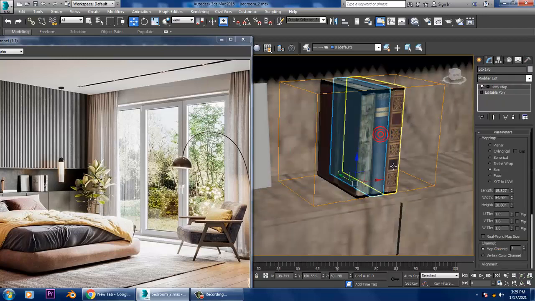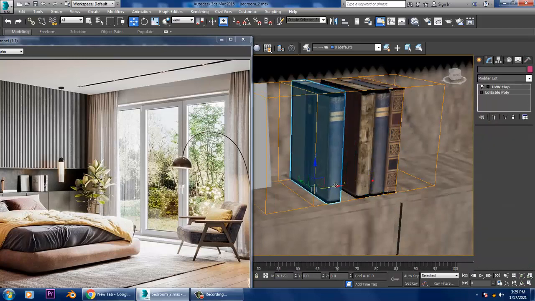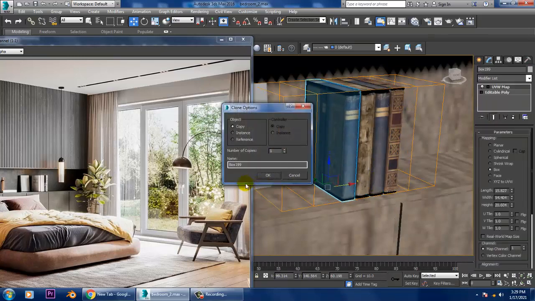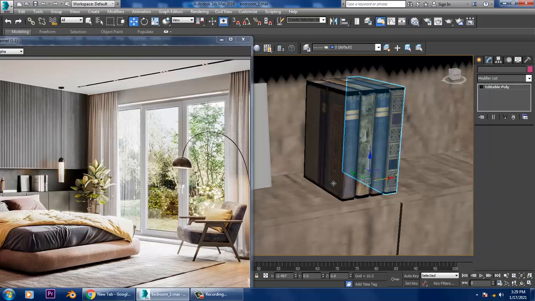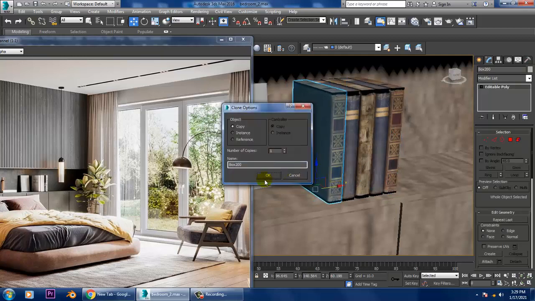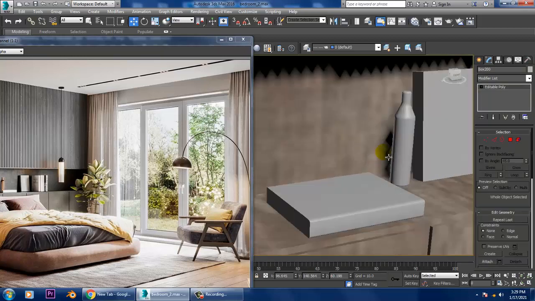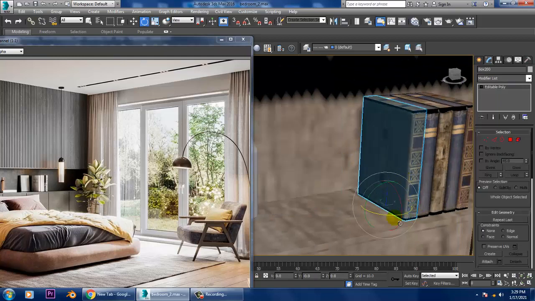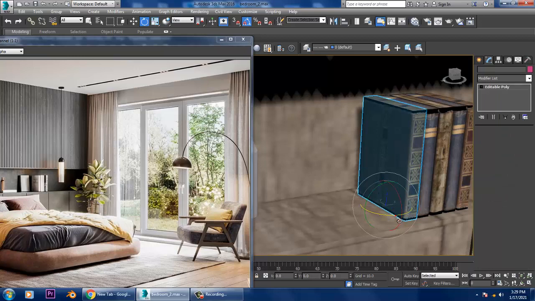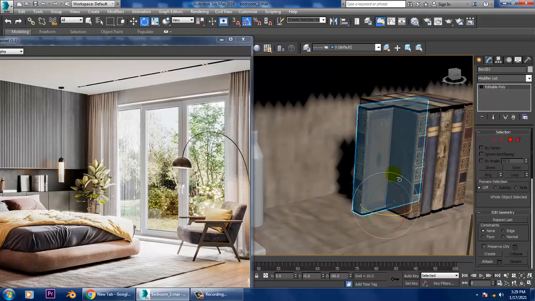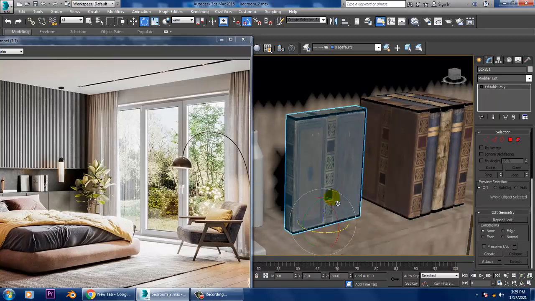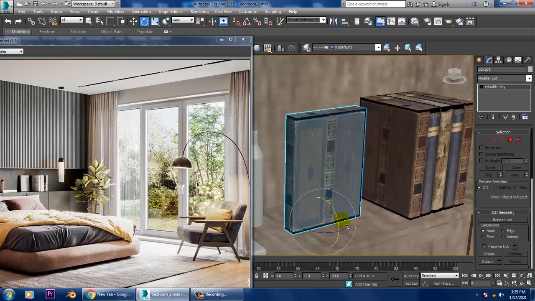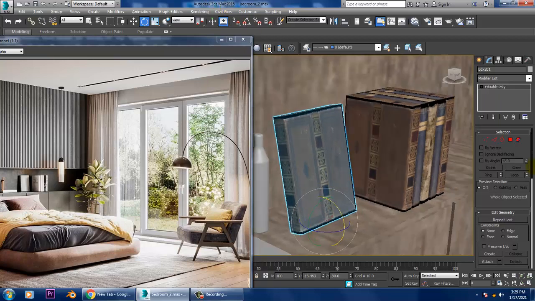Let's just shift and drag it over here like this. For this book also we'll be just duplicating that over here. Slightly we'll be tilting that.